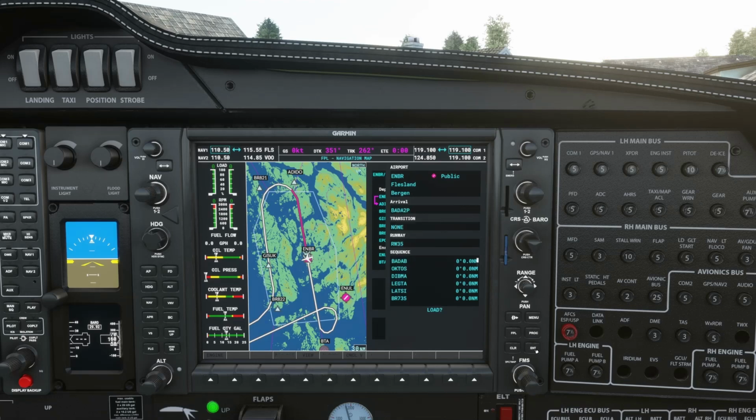Okay, so just click on Bada to Papa, and we've got that one, and you can see there the sequence at the bottom. Same thing again, click on the FMS rotary knob, the inner rotary knob, and if there's a transition, it will say there, and you just use the same procedure to get the transition up. Alright, so you have all the sequences listed, and if you scroll right the way down, it will then go